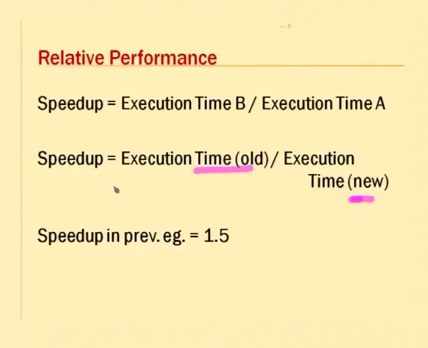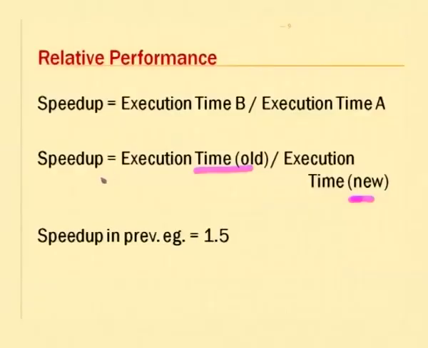And given that my execution time new would be lesser than execution time old, my speed up value will be greater than 1. In this previous example that we saw, for instance, we got a speed up of 1.5, because one machine was faster than the other by that particular factor. So this speed up essentially tells you the factor by which a machine is faster than another. Obviously we know that if the speed up value is greater than 1, it is faster. If the speed up value turns out to be less than 1, that means it is a slower machine. Okay. So that is how we look at speed up.